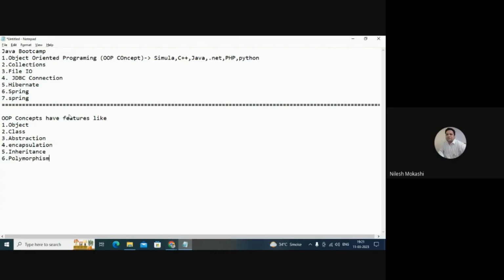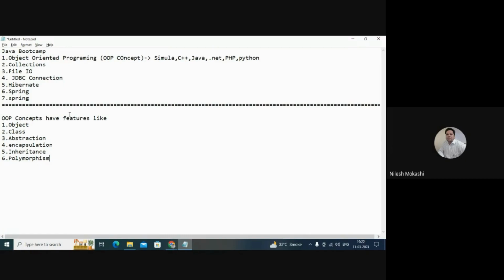As it is a boot camp, I will not be able to cover all the concepts of object-oriented programming with examples, because we have very little time and I want to show you multiple things. So I'm going to cover specific concepts. I'm going to speak on all these 6 topics, but as examples, I'm not able to show all 6 concepts through practicals.